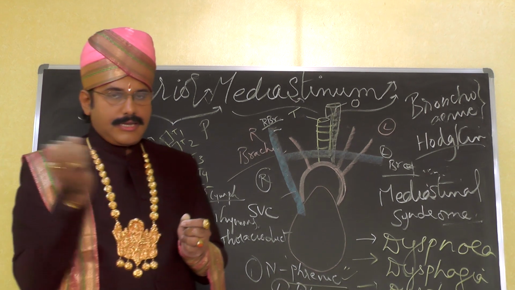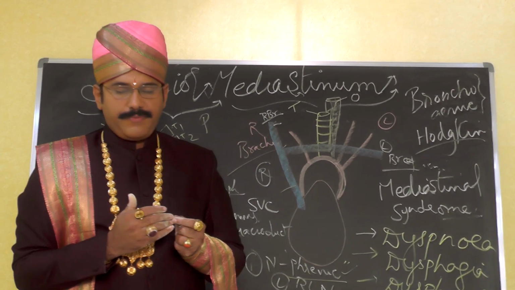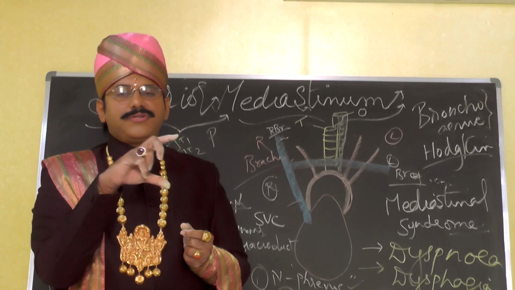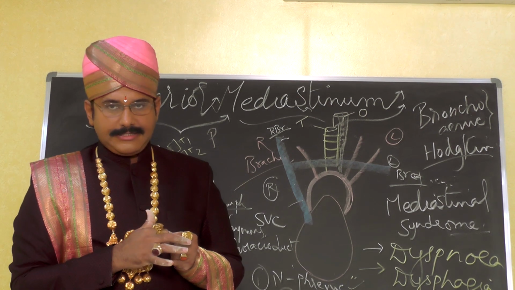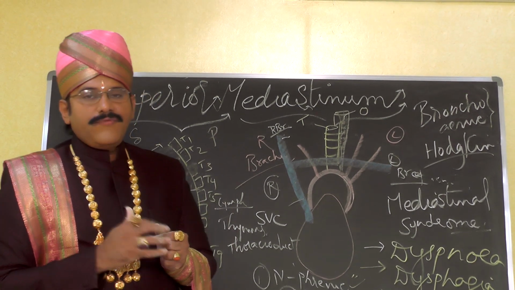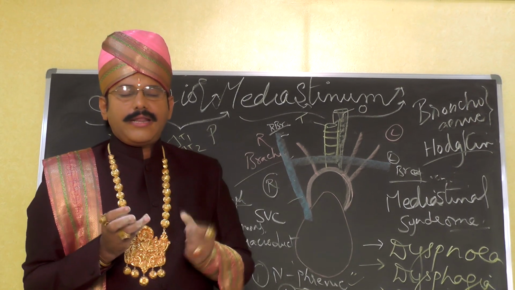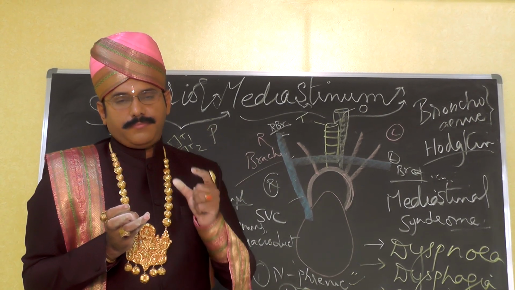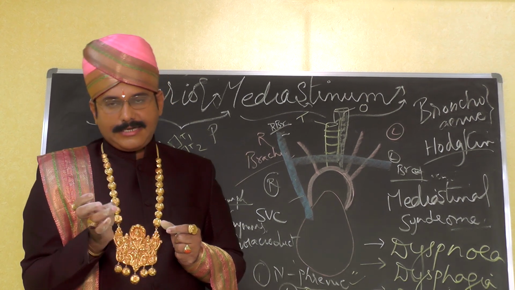Also we have got the right and left brachiocephalic veins which unite to form the superior vena cava. The upper portion of the superior vena cava is also present in the superior mediastinum. Then we have got the thymus, the remnants of thymus. You can see a small portion of thymus, a small tissue of thymus, thoracic ducts,